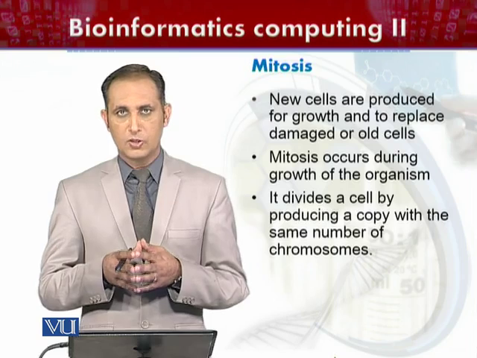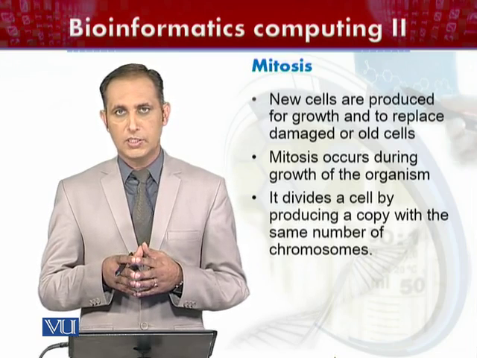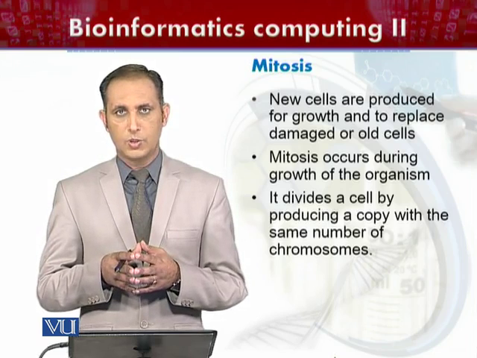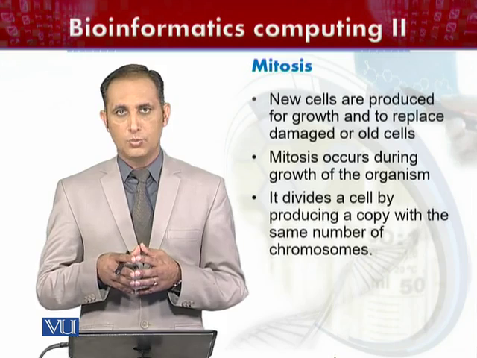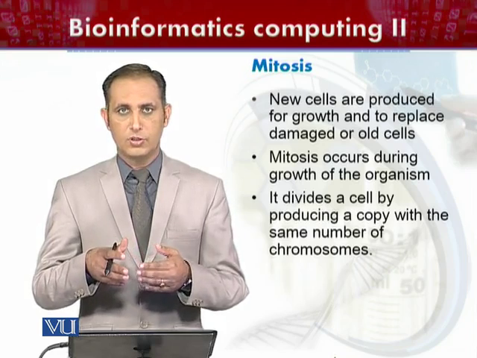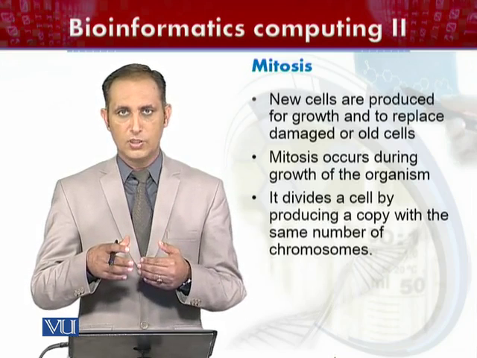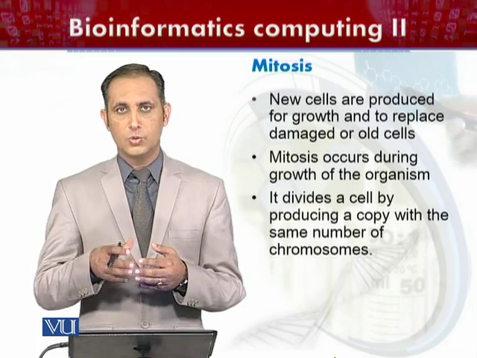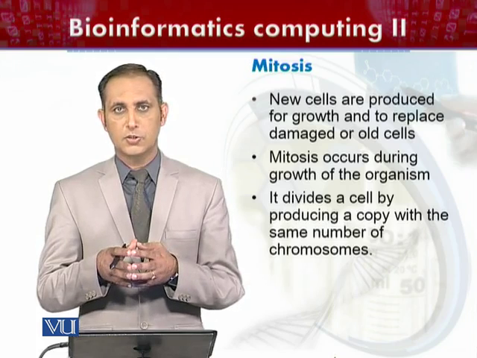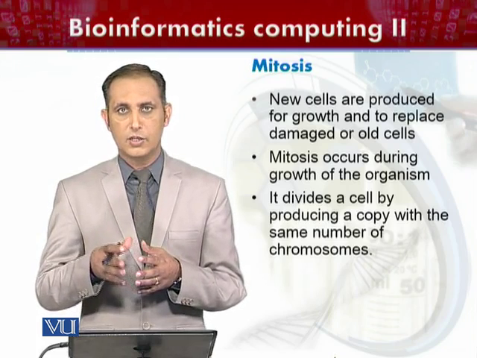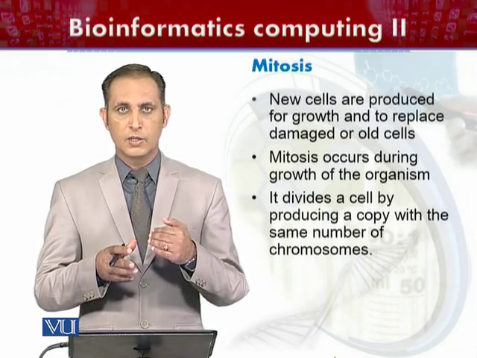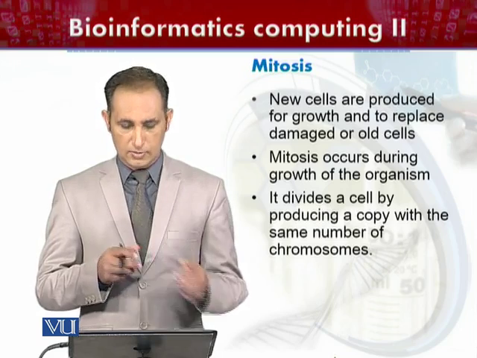The basic concept of mitosis, in very simple words, is that it provides a copy of the cell with the same amount of DNA, the same copy of DNA in the new cells as compared to the parental cell. So if a cell divides through mitosis, it will produce two daughter cells. One parent cell will result in two daughter cells, and each daughter cell will receive the same number and quantity of DNA or chromosomes as was present in the parental cell, the mother cell.